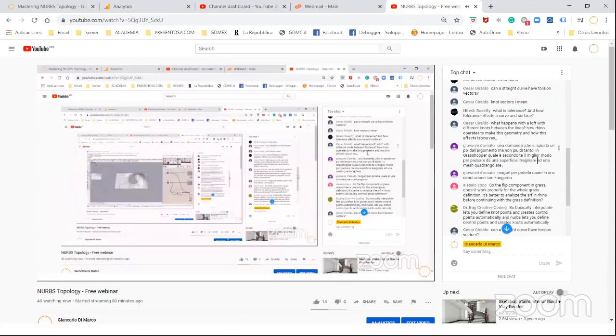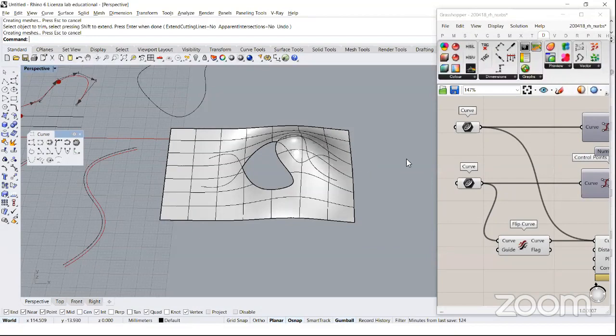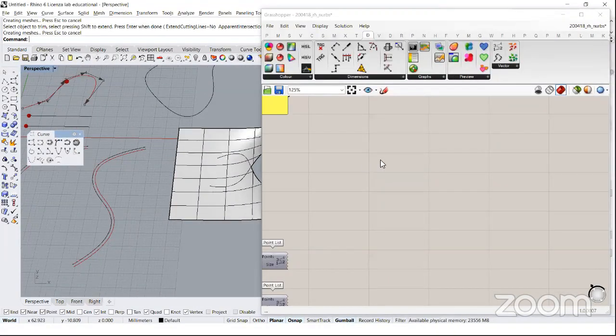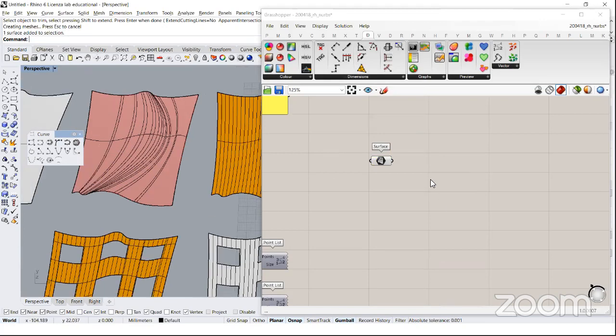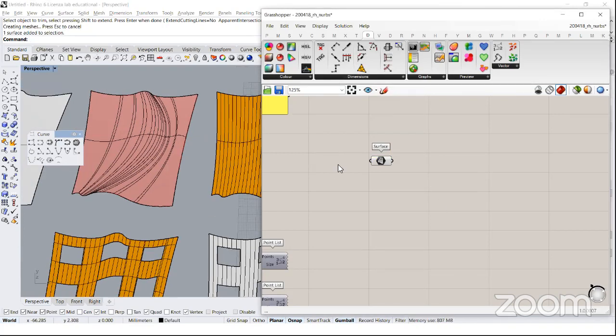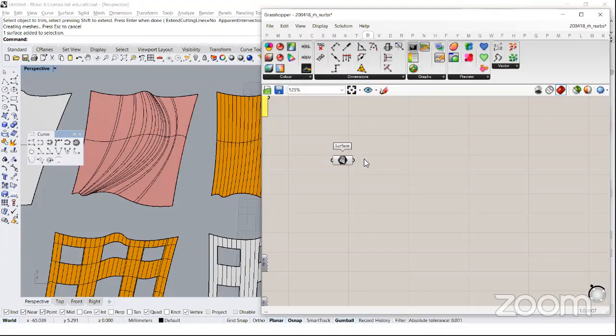Okay, Giovanni is asking what's the best way for switching between an irregular surface to a regular quad mesh in Grasshopper. Quickly, because this is another webinar, by the way, quickly, if you have an irregular topology like this one, NURBS topology doesn't affect mesh creation, okay? So the mesh creation depends on other parameters. So if you have a weird NURBS topology, this doesn't mean that you will have a weird mesh topology,